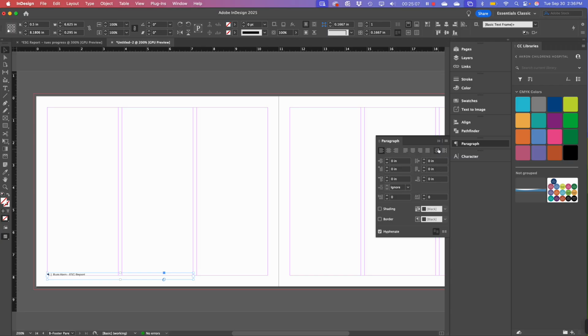The ones I want to mention here real quick are these two at the very end. So I've got a left alignment, center, a right alignment, justify with the last line aligned left, justify with the last line aligned center, justify with the last line aligned to the right, full justified, and then these two out here at the end